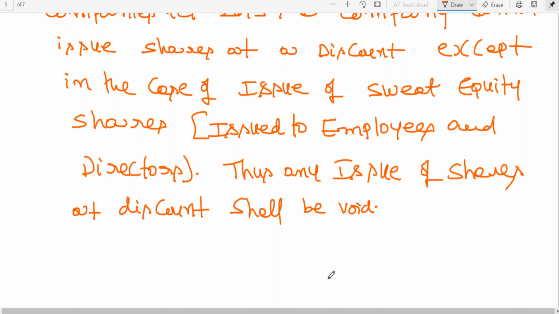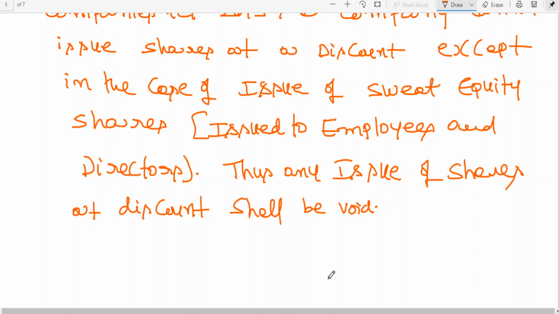Sir, you just now told us shares can't be issued at discount. Yes, I said shares can't be issued at discount, but it can be issued to a vendor. When you are issuing shares to a vendor, even though you are issuing shares at discount, that is also to be recorded. But I think we don't have such problems here. No need to worry. Theoretically we are discussing the legal aspect.